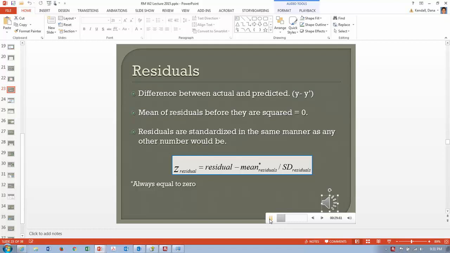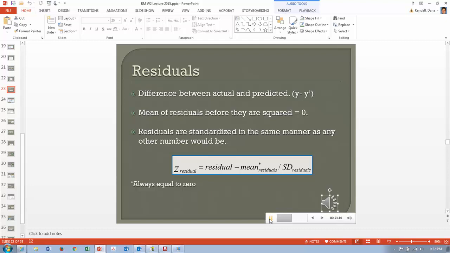But the reason that we square the residuals is because when we sum them up and when we take the mean, if they're not squared, we'll always get 0. Just like in the football player slide, remember when we were trying to calculate variance and standard deviation. It's the same issue, and so what we do is we square the residuals first,